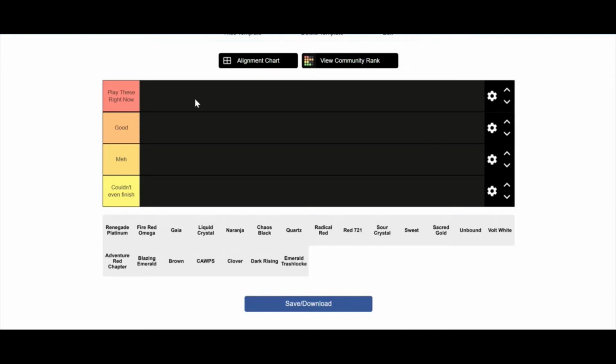So, play these right now is pretty self-explanatory. You're going to want to play these as soon as you can. Good is like I finished the game, I enjoyed it, but it wasn't perfect by any means. Meh means that I finished it and I thought it was okay, or I didn't finish it, but I could have, I guess. I just chose not to. And then there are games I will never finish because they are really bad. Okay,